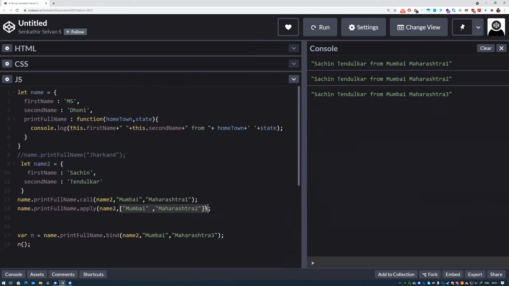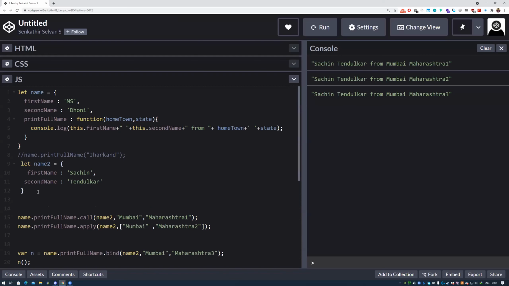For example, apply takes in an array. If your argument list is already an array, let's say const places like that, then I can use apply with this array.